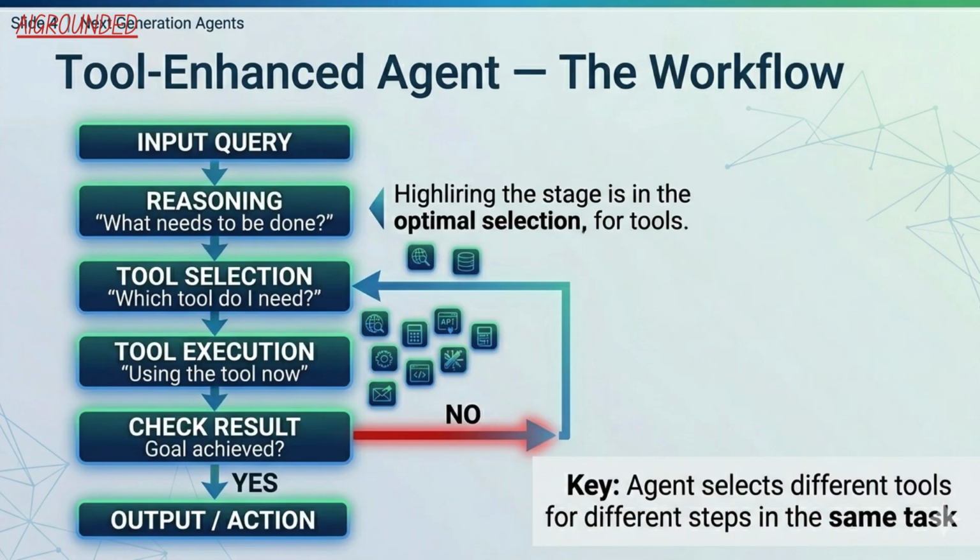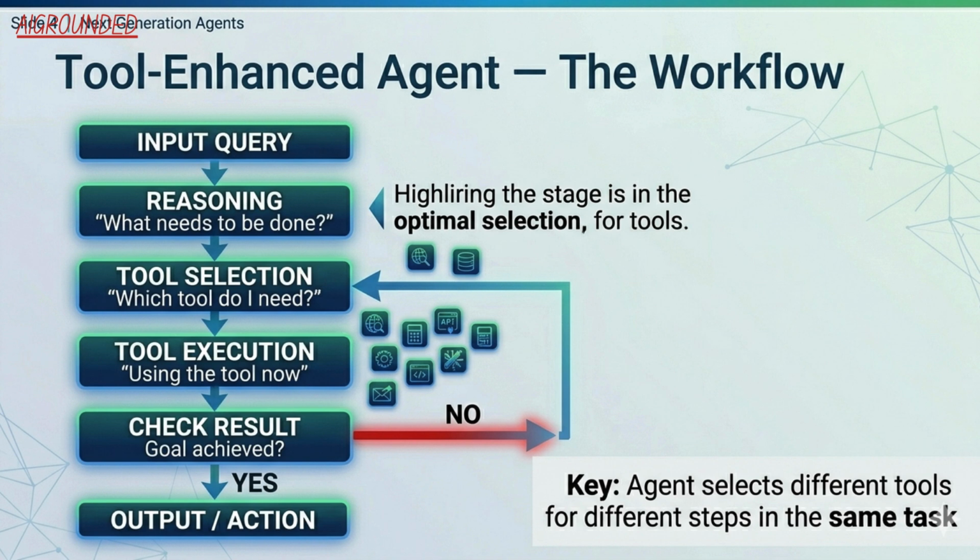solving. The workflow of tool enhanced agents builds on the ReAct loop we already know, with a crucial new layer. After the initial reasoning phase, the agent enters a specialized tool loop. It selects the most appropriate tool for the current step. It executes the tool. It checks the result. And if the goal is not yet achieved, it loops back, potentially selecting a completely different tool for the next